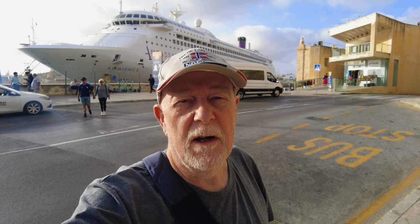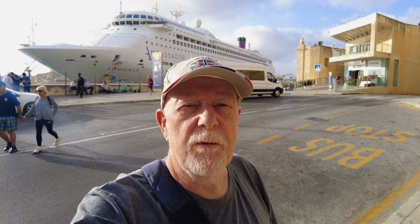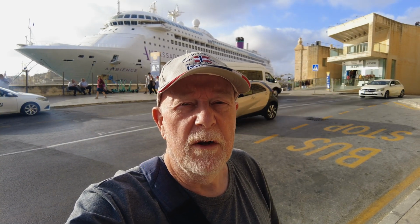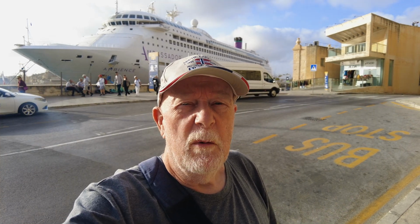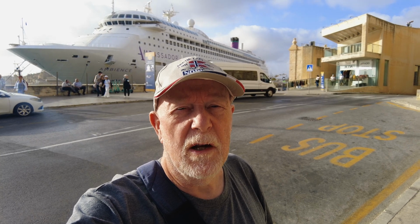Well, here we are in Valletta, Malta. There's a few ship's excursions which go off to the south to the fishing villages, but most people just wander around the town of Valletta, which is quite a beautiful town. That's what we'll be doing today, and as usual we'll try and do it with spending as little money as